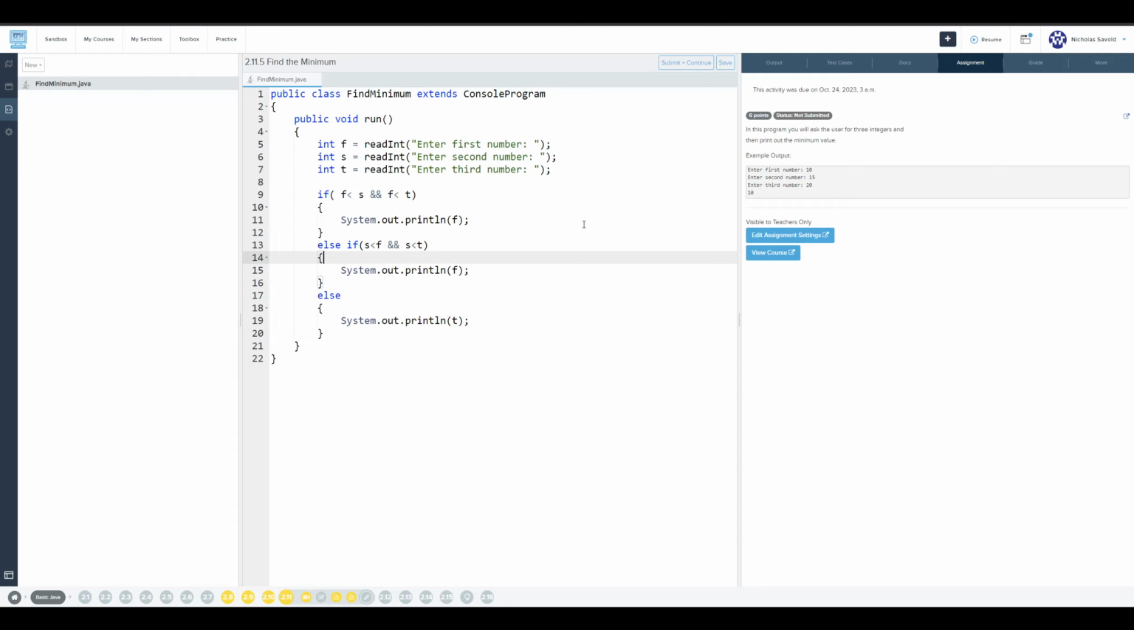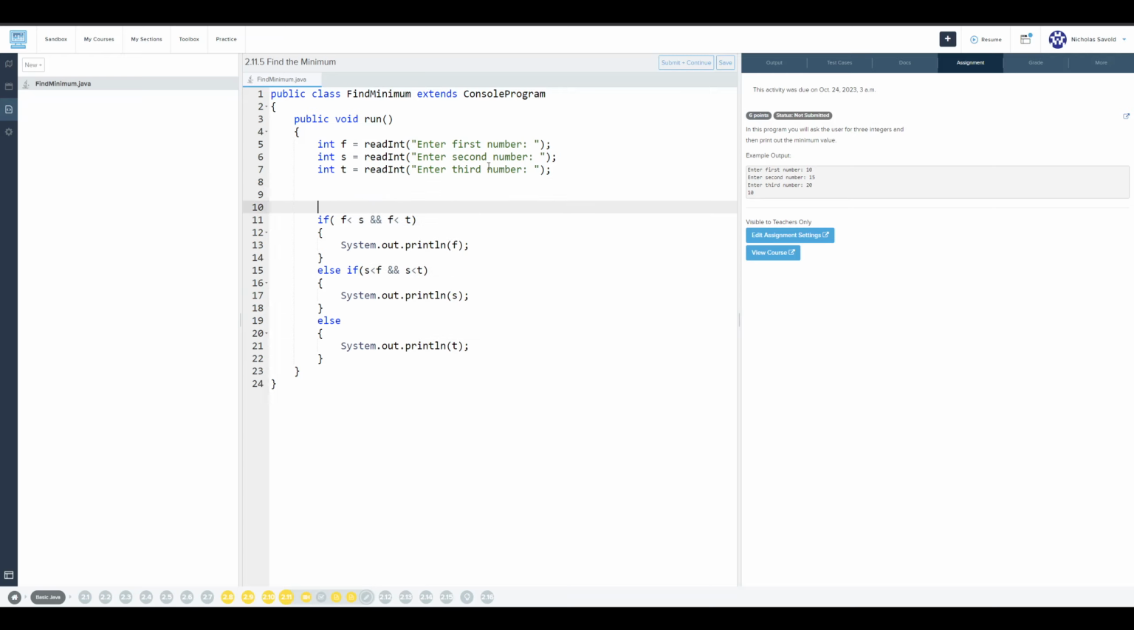I should probably change it to the right variables. So, first, second, third, we print them out if f is the least, s is the least, or we'll just print out the third. Maybe there's an edge case, but I doubt it at this lesson, but we can try it. If f is equal to s and f is equal to t,